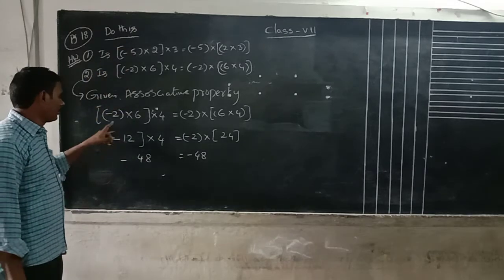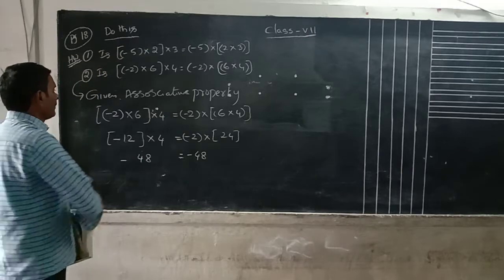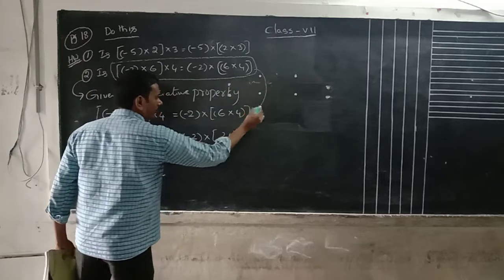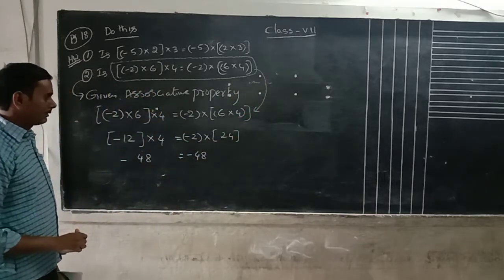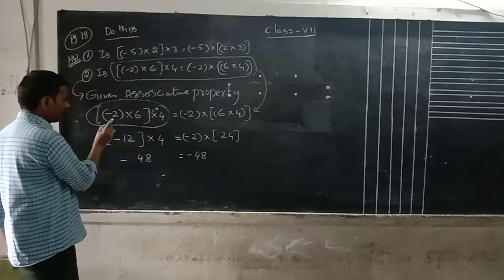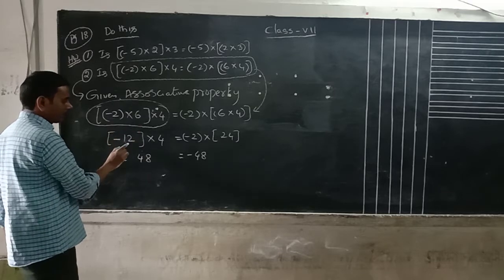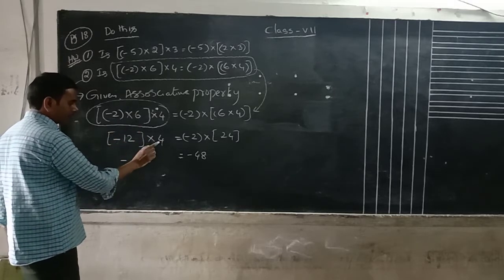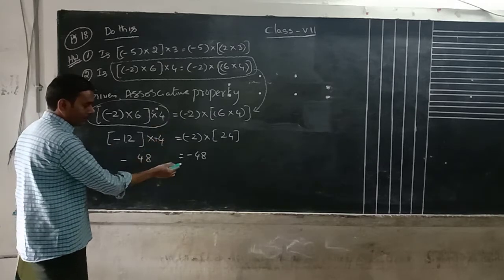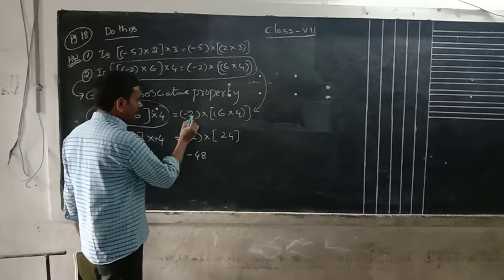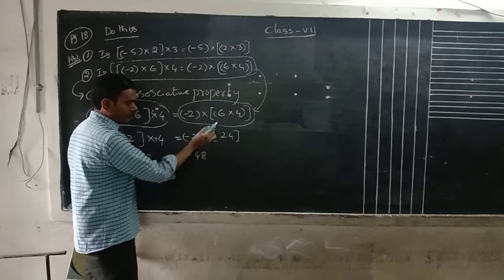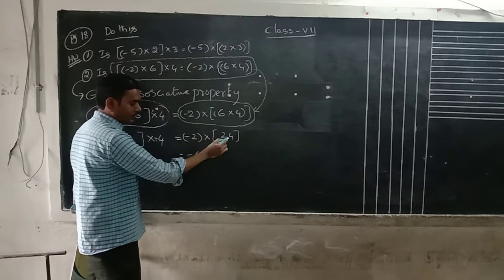What have we done here? Take the first sentence. What is the sentence given here? I took the same one; this is the same one I copied here. First, take this part. Multiply these two: minus 2 into 6 is minus 12, into 4. Plus into minus, this is the symbol minus. 12 times 4 is 48. The equal to symbol you have to keep. Next, second time we have to take this part only. This part is simplification: 6 times 4 is 24, minus 2 into 24 is minus 48.